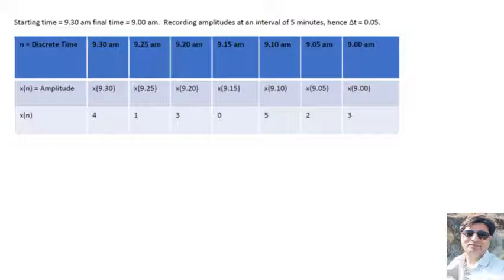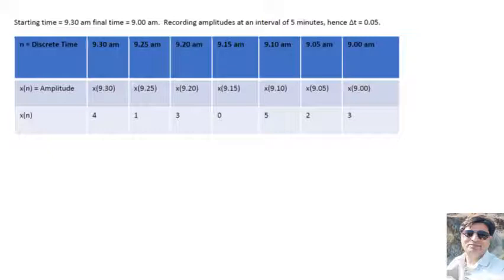Now our first value of amplitude we are recording for time 9:30 is equal to 4, and after that we are recording our second value for 9:25 a.m., that is 1, meaning all our values we are recording in a reverse manner. And when we have to plot these two